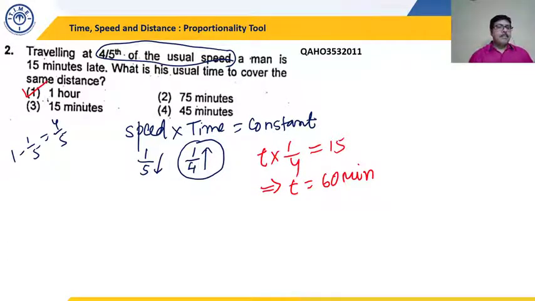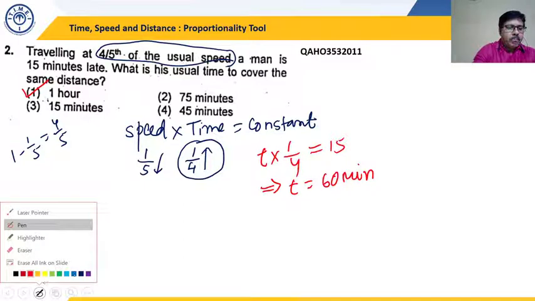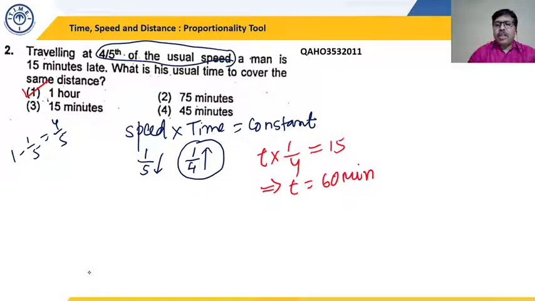I hope this is correct. So can I say this question is not more than a 10-20 second question if I apply this golden rule, or suppose I use the concept of ratio? So what is the ratio of speed in this question?